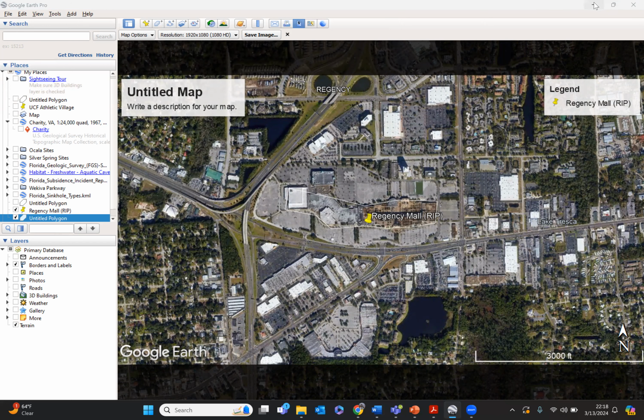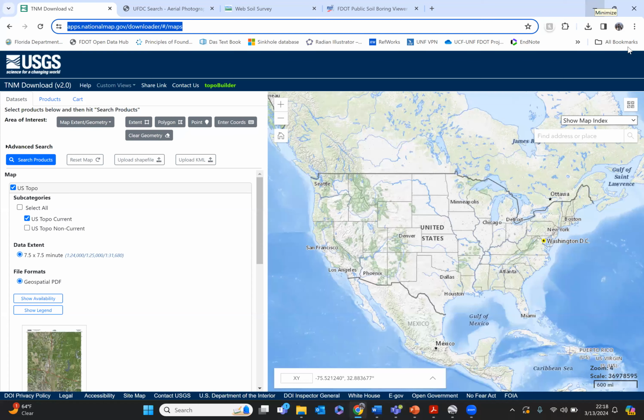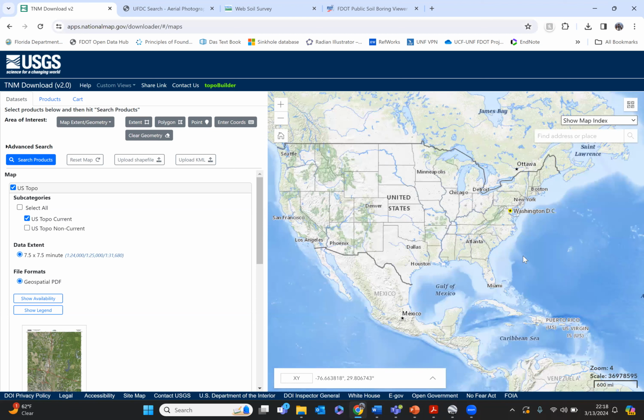Okay, so that is our Google Earth. Let's look at some of the other things here. So let's look at the same region for the USGS map download. If I were to just click on that link that I gave you for the USGS, it would bring you to this. We see a similar thing